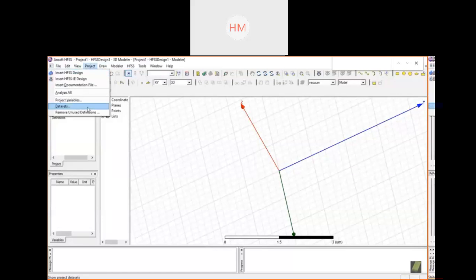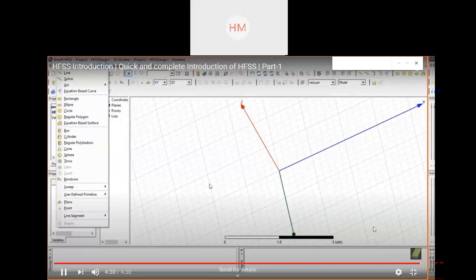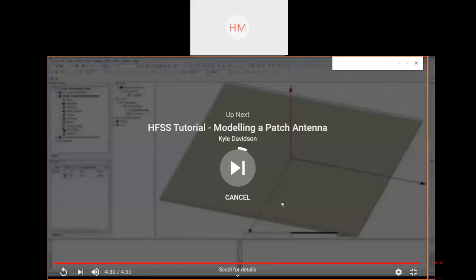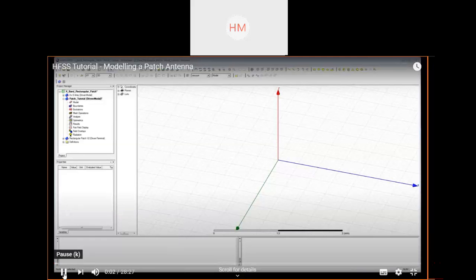Many shapes are there in this draw structure. So now we will study. This was the basic tutorial of HFSS.